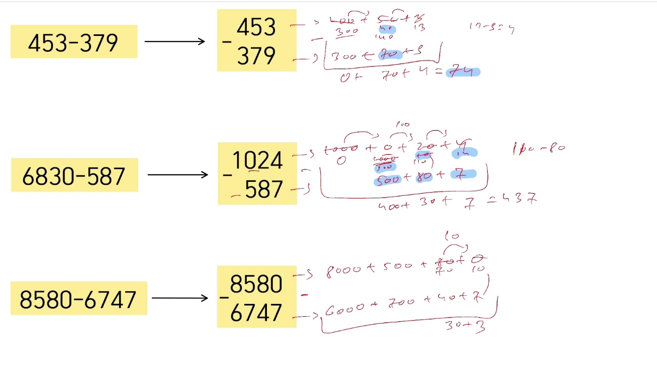Here, we cannot take 700 from 500, so this thousandth place should give its thousand to the hundredth place. So this number will be 1000 plus 500, which is 1500. So 1500 minus 700 will be 800. I took 1000 from this number, so this number will be 7000. 7000 minus 6000 will be 1000. Let's collect this number,